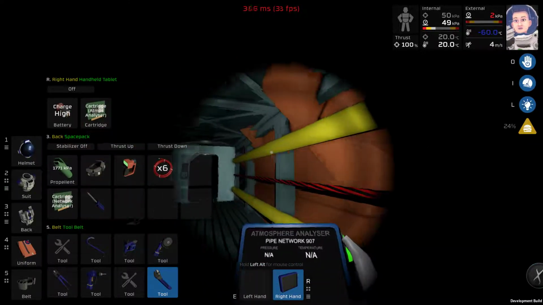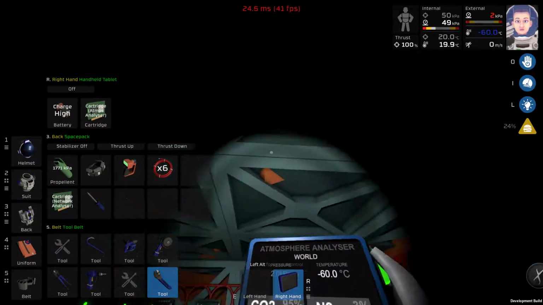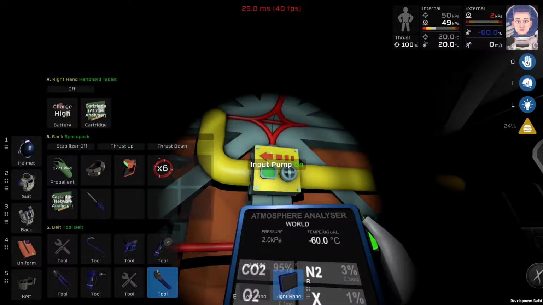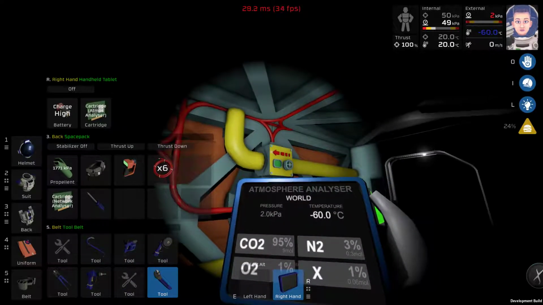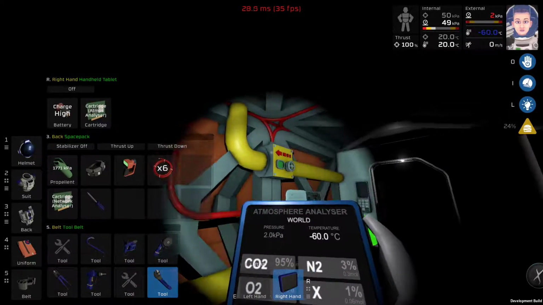Goes around the corner here, and this is actually underneath my greenhouse area. Above here is a greenhouse. Basically, at the moment, this is fed in by logic controls here. So this volume pump is turned on if the pressure inside the base is too low, or inside the greenhouse is too low, or the